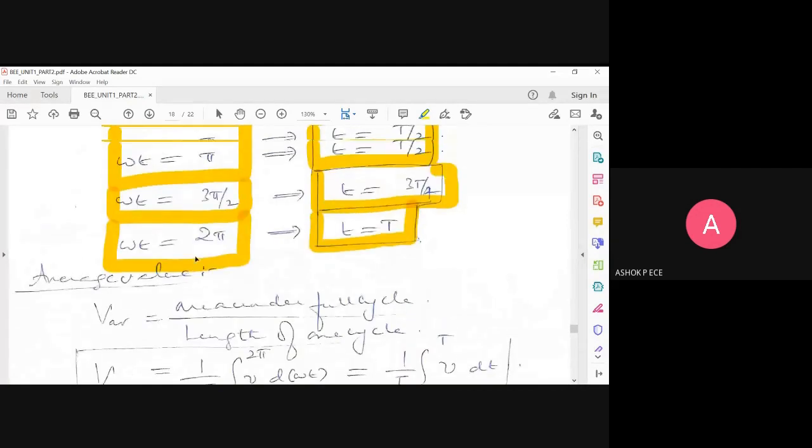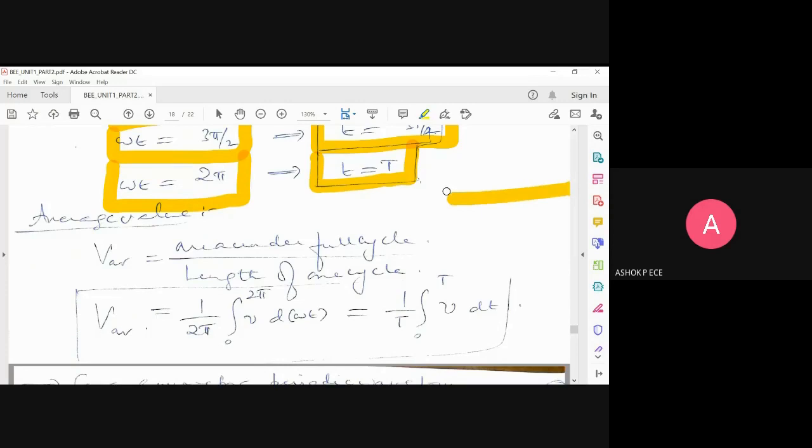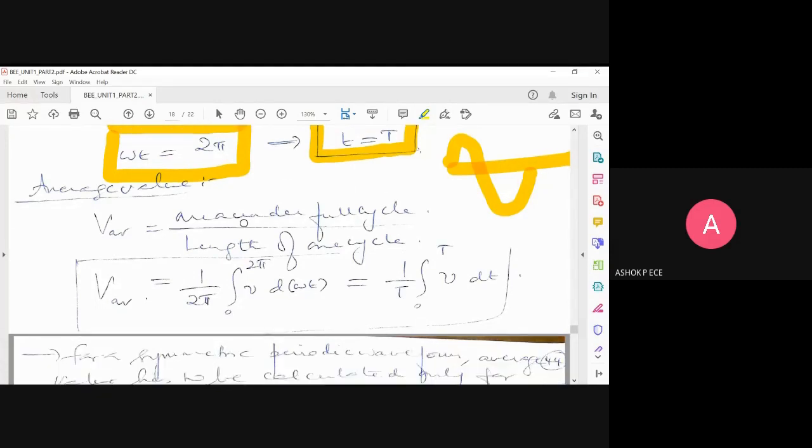As we discussed in the very first class, we have DC and AC. DC is direct current or direct voltage, where it is constant. But AC has variation at every time period. For the average value, you have to find the average value of the AC signal. The average value gives an idea of how much DC content is there in your AC signal. If you consider a sine wave's full cycle, the average value becomes 0. So you should not always consider the full cycle. You have to consider only the half cycle.